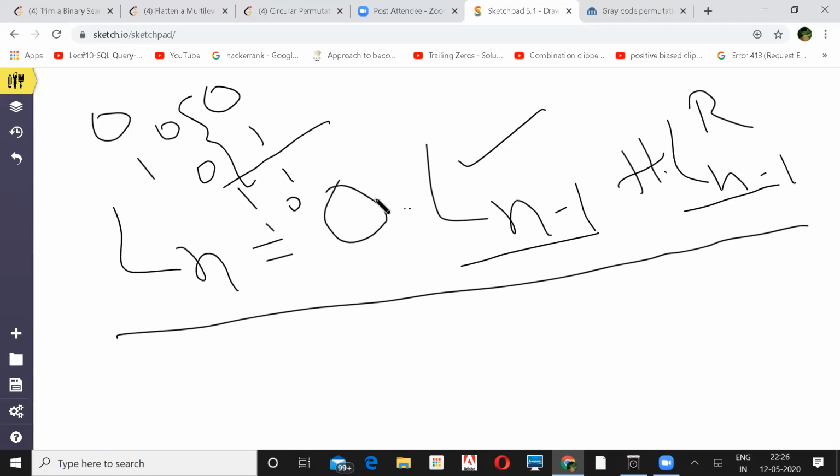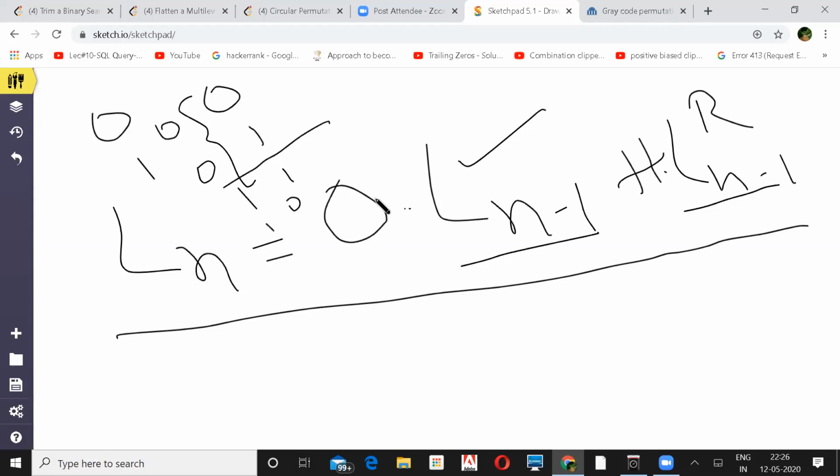So I came across this: whenever you have a number, you shift it by 1 bit, and then you XOR both those numbers, and you get a gray code. That is what I found somewhere on the discussions. Then I thought that might be easier for me to understand and remember.